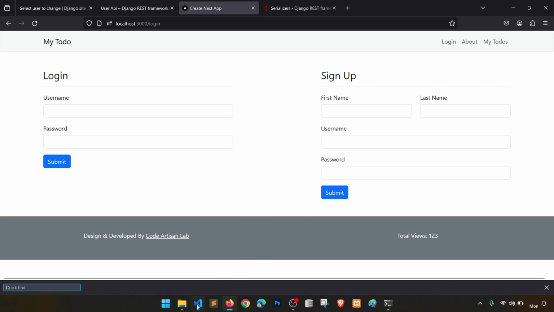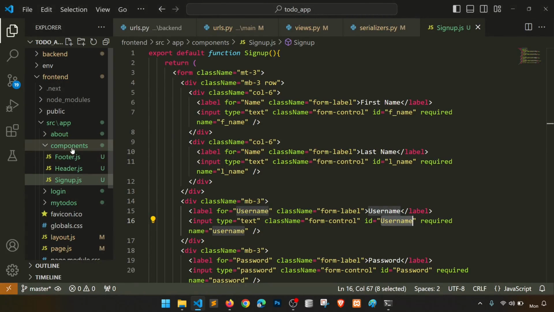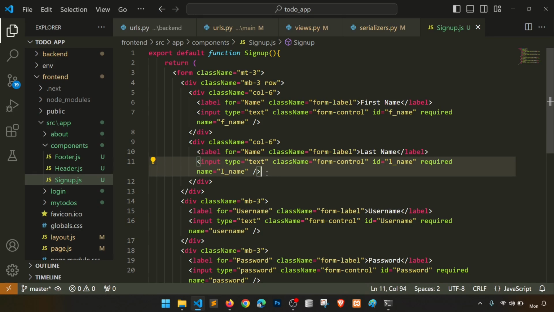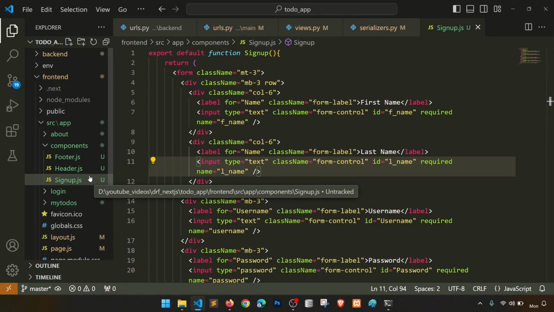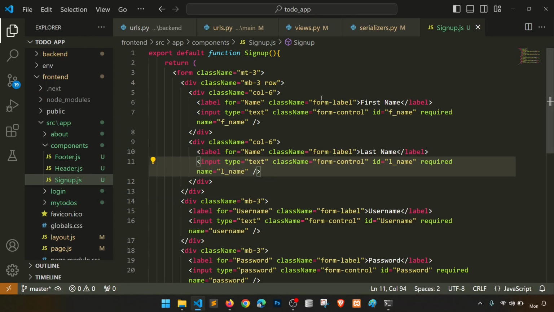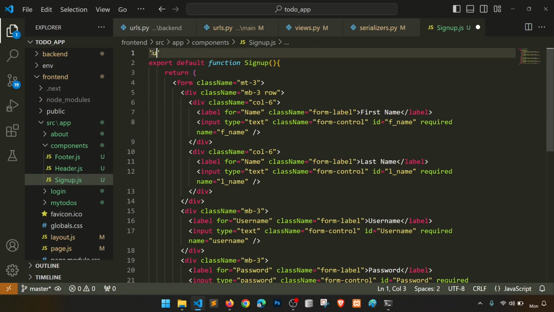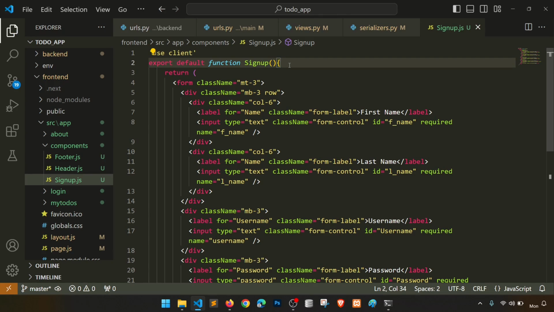All right, so let's open the sign up component. Here in the components, we have a sign up component. One thing we should remember, by default all the pages in Next.js are server rendered, right? So if we want to include user activity like click or something, then we have to make it a client component, right? So what we will do, at the top we will say use client, right? And then in this sign up component,